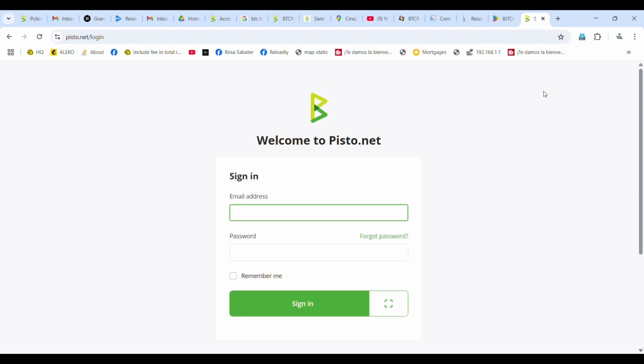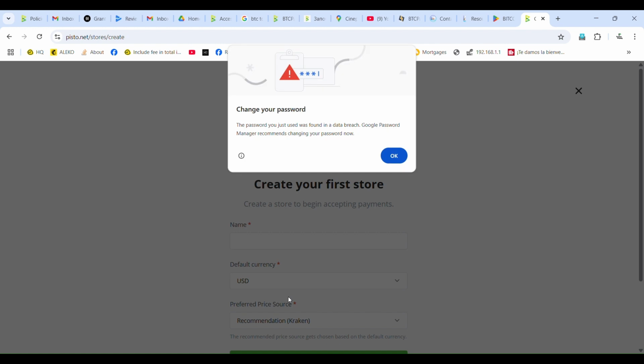We will proceed to configure the store so that we can get BTCPay server access keys. So first, this is a brand new store. You were given the access, the email and password, so you log into it, and we'll proceed to give it